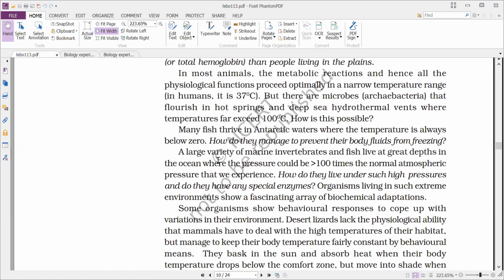And those which are living at low temperatures are able to produce certain chemical substances which will prevent freezing. And those organisms which are living at high temperatures undergo metabolic activities at high temperatures, such that the enzymes are also active only at high temperatures. And those organisms which are living at lower depths where high pressure is present are usually flattened so that they can reduce the pressure.